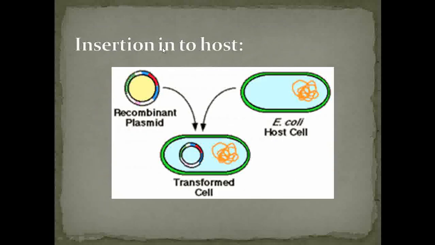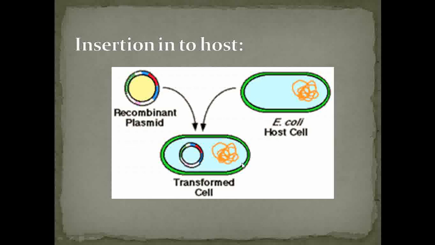And the next step is the insertion into the host species. So see, this is our recombinant plasmid. Here you have to select the host. The host also has the property to replicate our recombinant DNA along with its own DNA. Here we are going to transfer that recombinant DNA into E. coli. Basically, we use E. coli as a host cell, so it shows the presence of our recombinant DNA along with its own DNA.